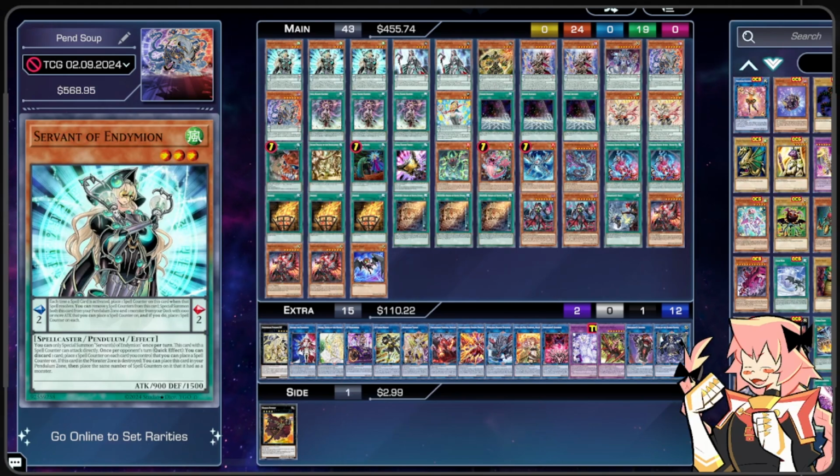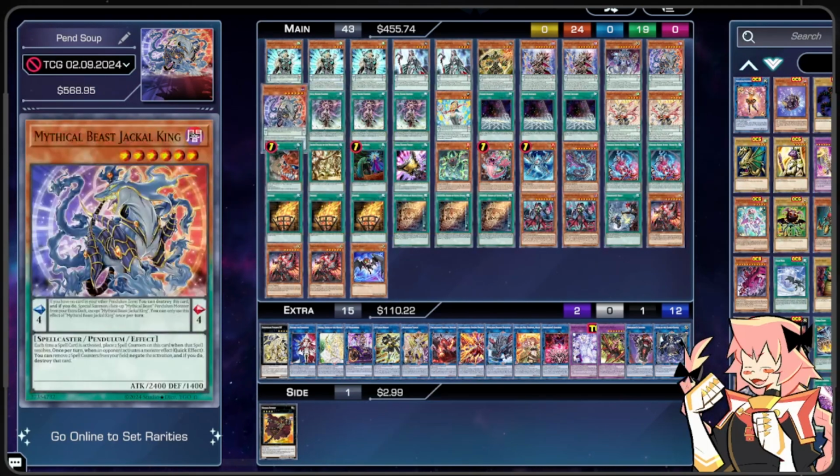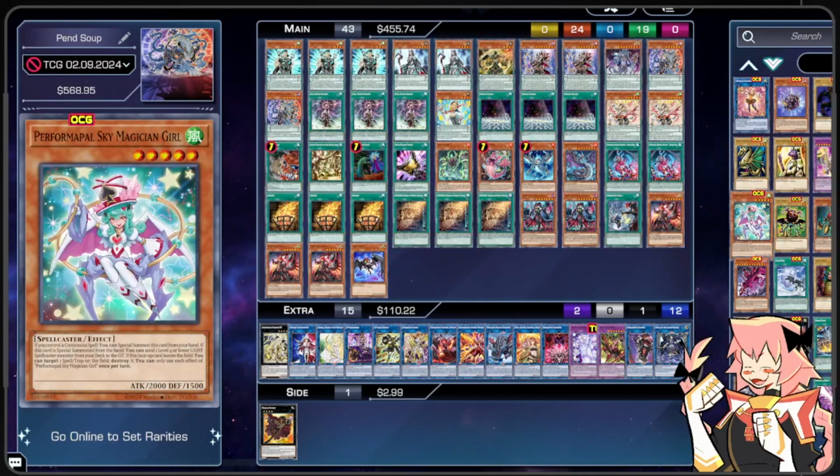The core cards that I wanted to stay in here are Servant of Endymion, the Jackal Kings, all that. And I was testing with Performing Pal, with Pendulum Magician, with True Dracos, you know, everything. I was trying to test with absolutely everything, and it was just subpar all around. It was very inconsistent, and the primary thing was those archetypes didn't have a way to activate spells consistently, and